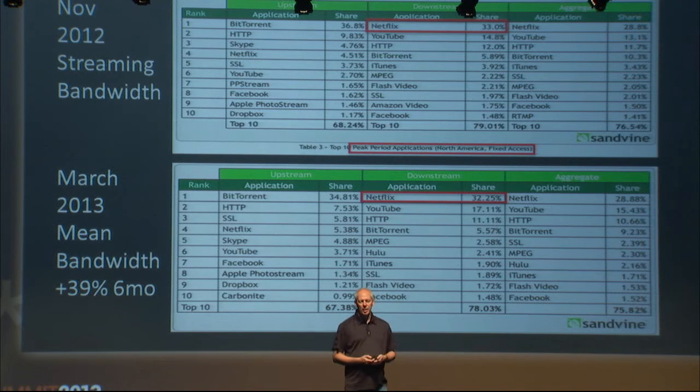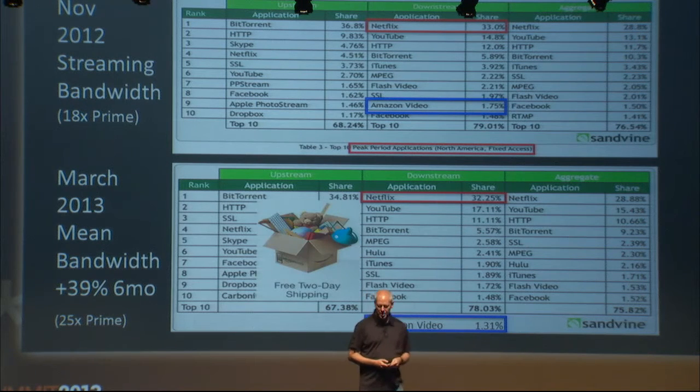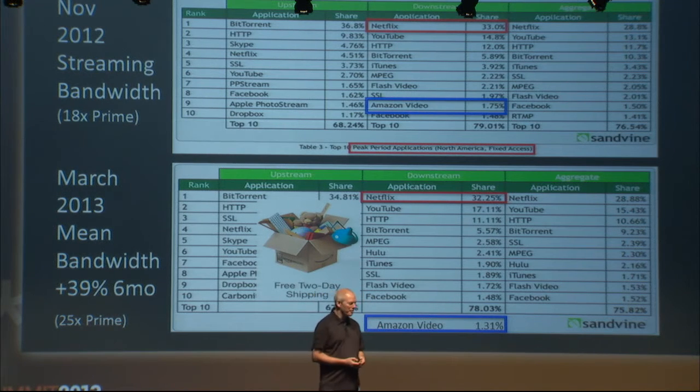So one of the things people keep mentioning is, well, what are your competitors doing? Well, there's a competitor. We're 18 times the bandwidth of Amazon Prime, and 6 months later, we're 25 times the bandwidth of Amazon Prime. I had to actually look it up. They weren't even in the top 10. So we're concerned about them as a competitor, but in terms of traction, I like the way these numbers are moving right now. But there's a good reason why everyone has Amazon Prime. Anyway, I have Amazon Prime. I don't watch anything. It's with shipping, right?